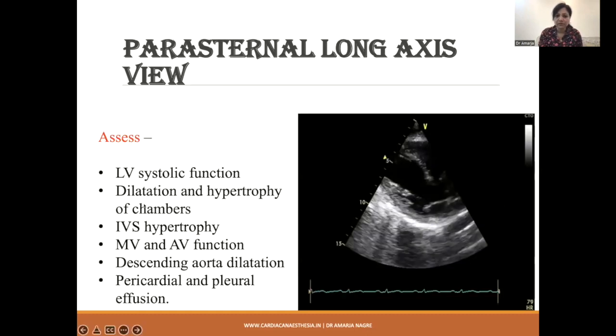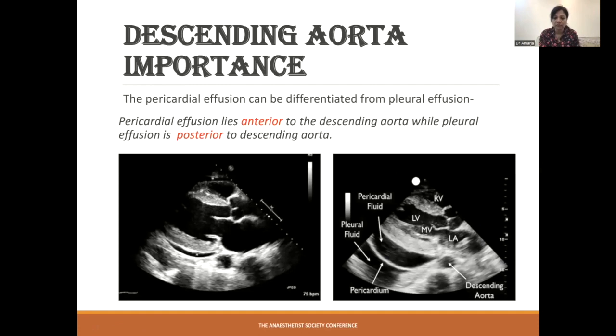So what do we assess in PLAX view? The LV systolic function, that is the ejection fraction, can be very well assessed in PLAX. Then dilatation and hypertrophy of all the chambers, interventricular septal hypertrophy, mitral valve and aortic valve functions, descending aorta dilatation, I'll be telling on this, and pericardial and pleural effusions as well. So now this is a beautiful picture wherein you can diagnose descending aorta dilatation and pericardial and pleural effusion, apart from all the other above mentioned heart